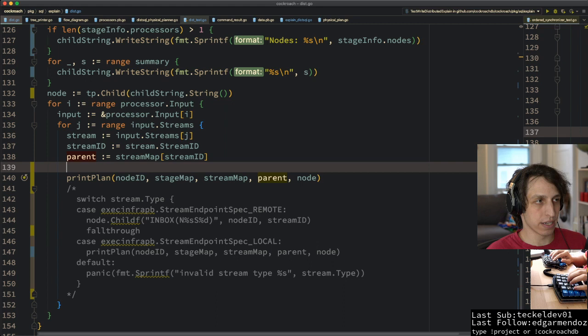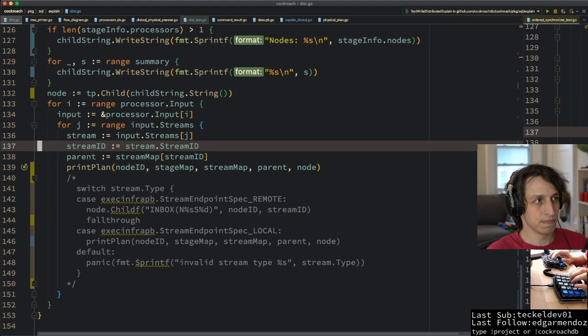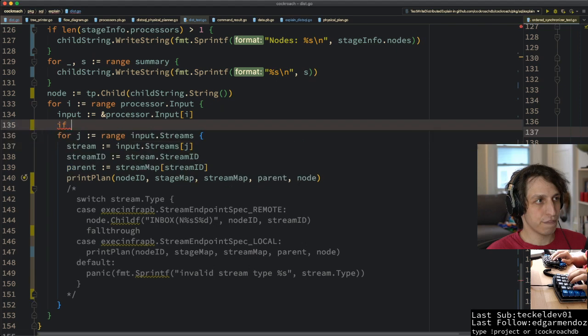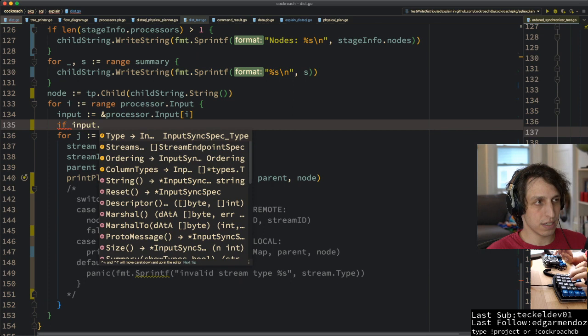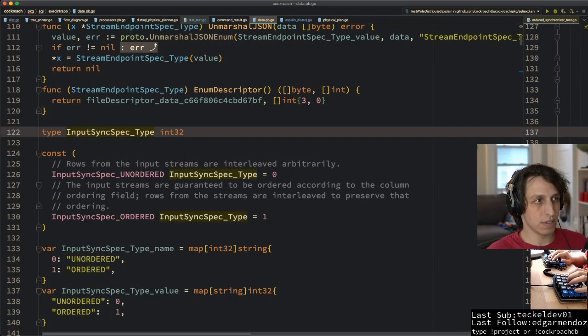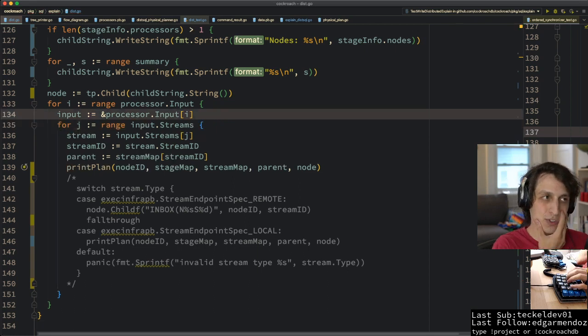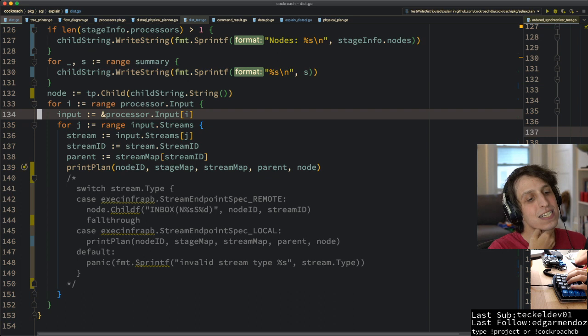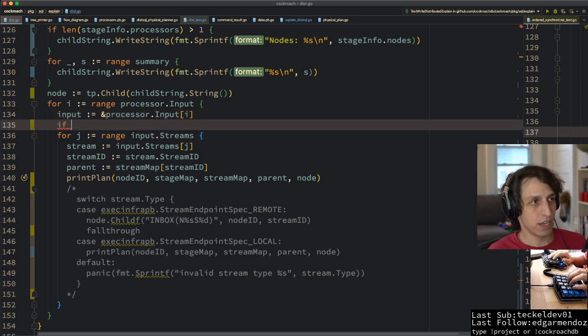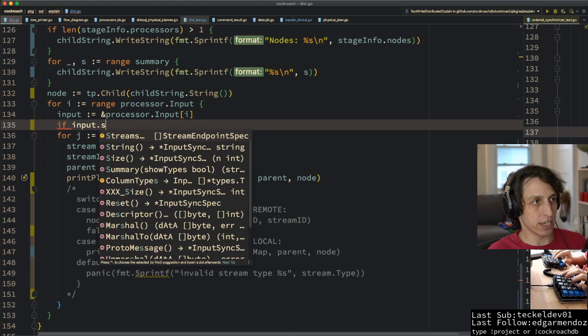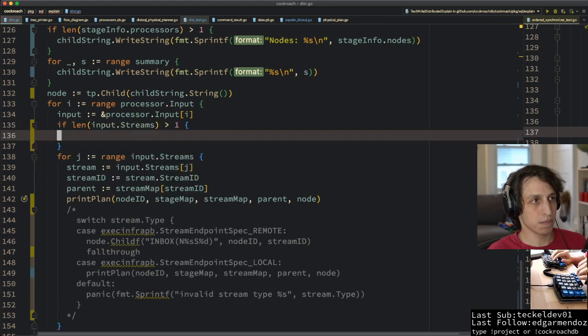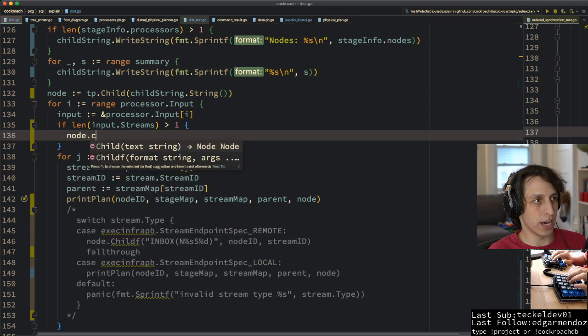It's like, if input dot type, well, is that right? Input dot, sort of like if we have multiple streams, we want to print something out. Yeah, that's what we want. So it's like if input dot streams is greater than 1, we're gonna do sort of like node is equal to tp dot child of,